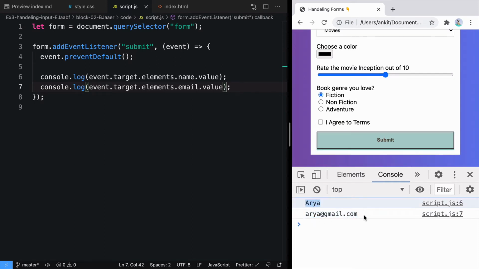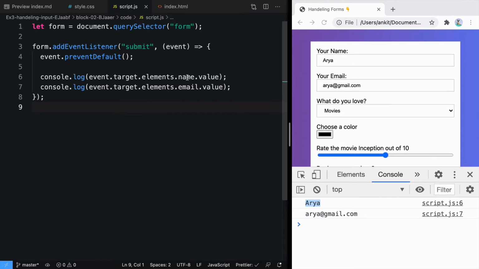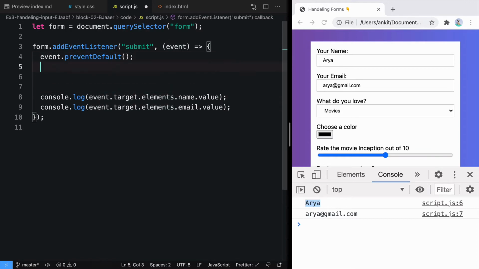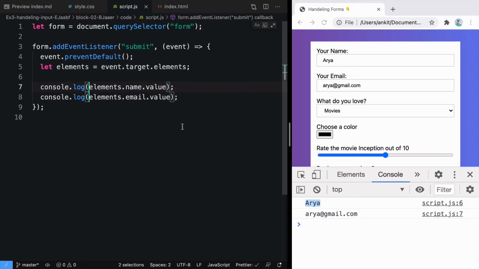We can see that we are getting access to all the values here. So in this way, we will be able to access all the information one after another. Here we are repeating this event.target.elements multiple times. So the better way to go about it is we'll just define a variable called elements equal to event.target.elements. So now instead of writing it multiple times, we can just directly write it like this: